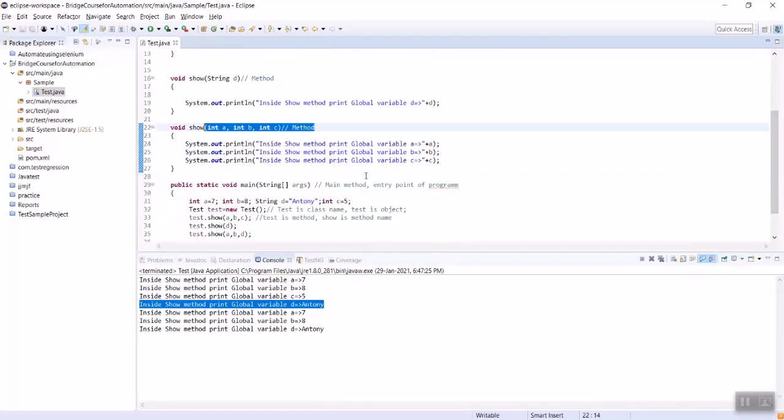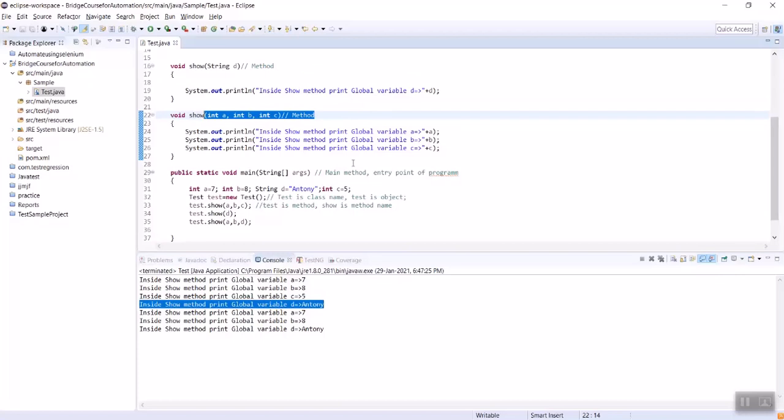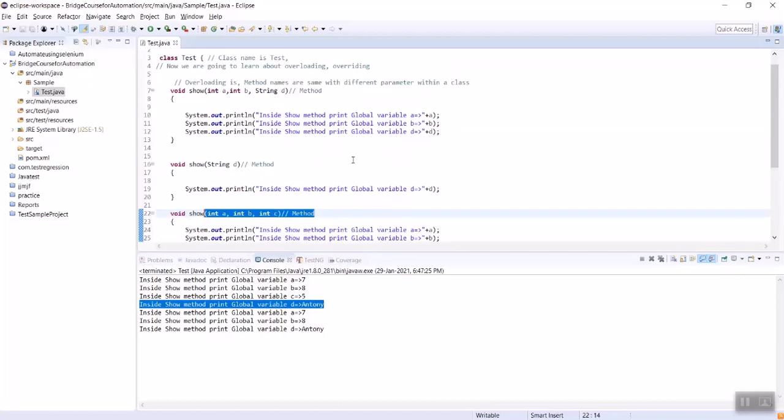So line number 22 is a method. We have three parameters which are integer values only, so we have received integers a, b, c. That will be line number 33, where we are passing three values.